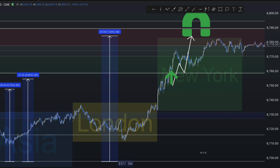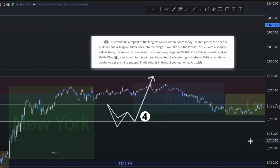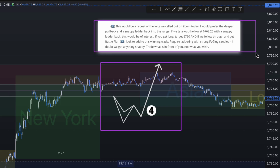You could have added here as outlined on Zoom, and we're looking to take profit up here near the top. So beautiful, beautiful trade. And then on Monday night, before it opened in the evening, I published battle plan trades. Battle plan trade number 4 was the one that was activated. I said this would be a great repeat long called on Zoom today, basically here. If it dipped back down in here, I want to take this trade again. Why? Because we have a